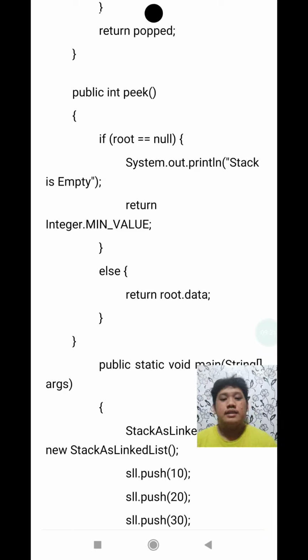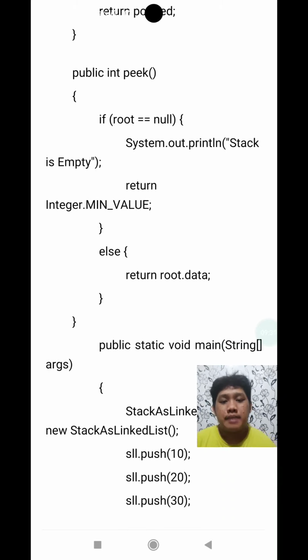Here inside it, if root is equal to null or it is empty, it will print out stack is empty. Then if our stack is empty, it will return the integer minimum value, which is negative 2 to the power of 31. Else